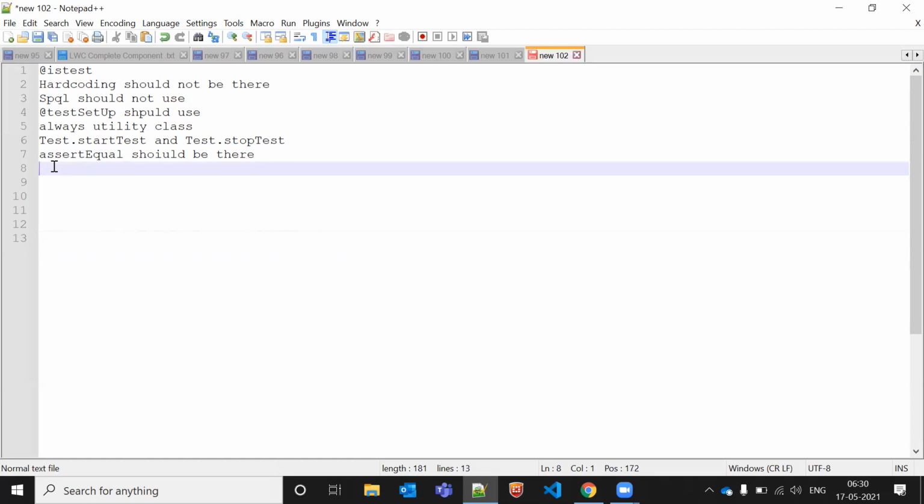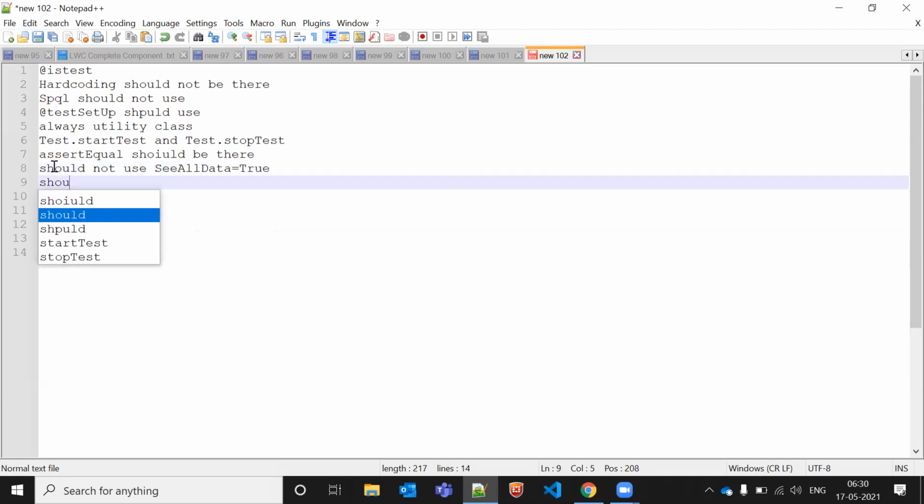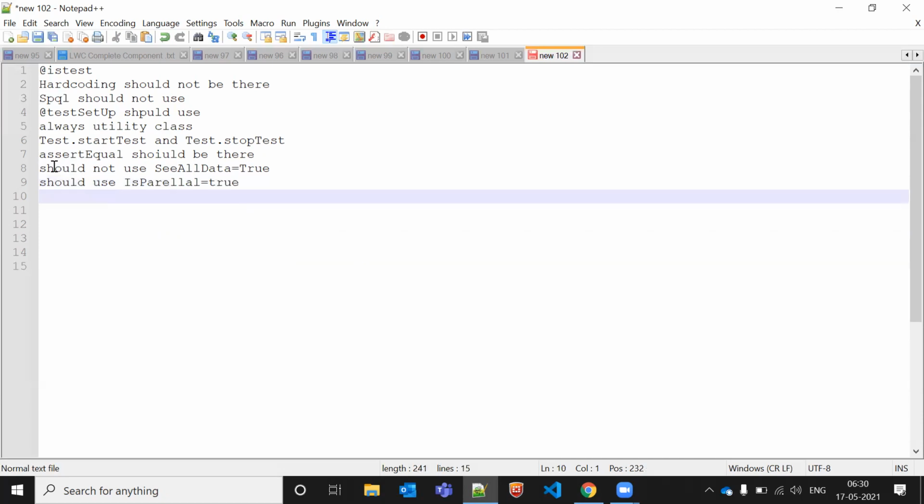And we should not use seeAllData equal to true, and should use isTest equal to true. And if we are getting a mixed DML exception, actually we have two types of objects in Salesforce: one is setup, second is non-setup.